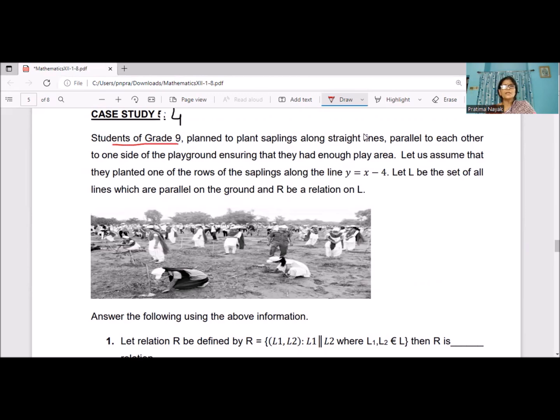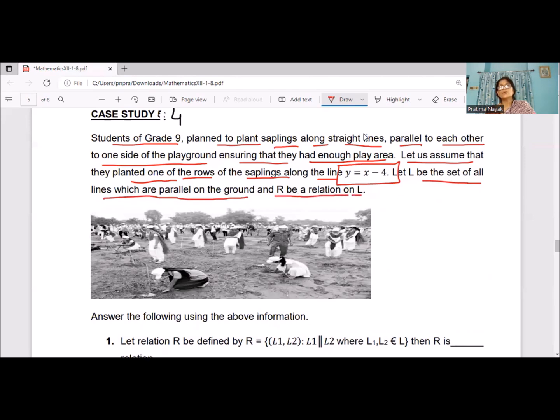Students of grade 9 plan to plant saplings along straight lines parallel to each other, to one side of the playground, ensuring that they have enough play area. Let us assume that they planted one of the rows of saplings along the line y = x - 4. Let L be the set of all lines which are parallel to each other on the ground,